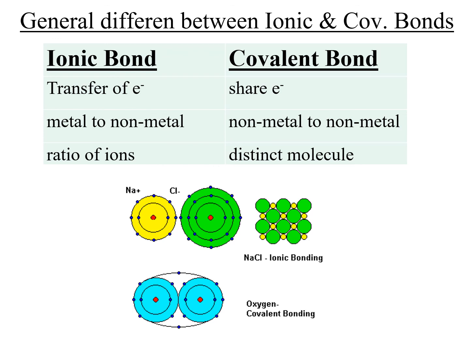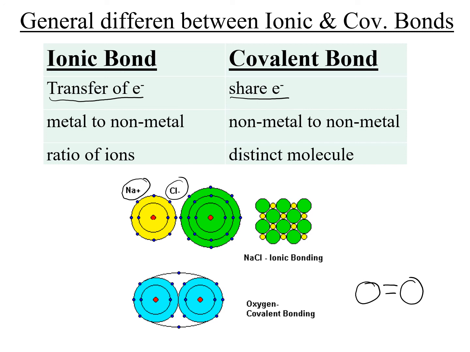This table shows some general differences between ionic and covalent bonds. Ionic bonds are the transfer of electrons from one element to another, which results in the charges. For example, sodium becomes a sodium ion, and chlorine becomes chloride ion. We have a transfer of electrons to create those ions. Covalent bonds are when we share electrons. For example, we said when we create oxygen, we share electrons between the two oxygen atoms to create a covalent